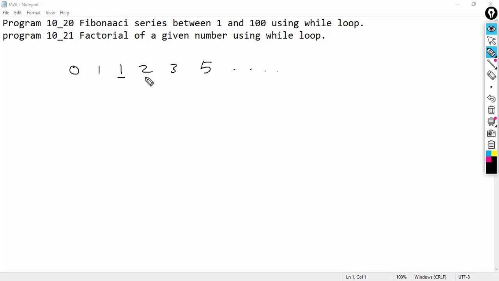When we consider this, we get it by adding the previous two numbers, which are these two. So after adding this 1 and this 1, we will get 2. Similarly for 3 and 5, we will add the previous two numbers and we get the next number. So 5 plus 3 will be 8, isn't it? Then 8 plus 5 will be 13. Like that, this series will increase. So we are going to write a program to print this Fibonacci series.